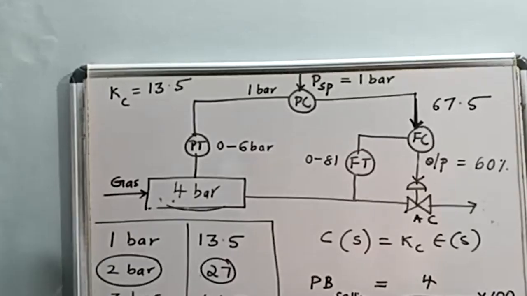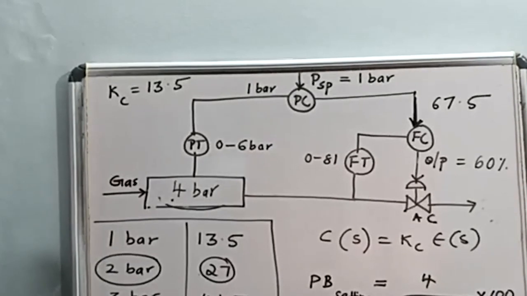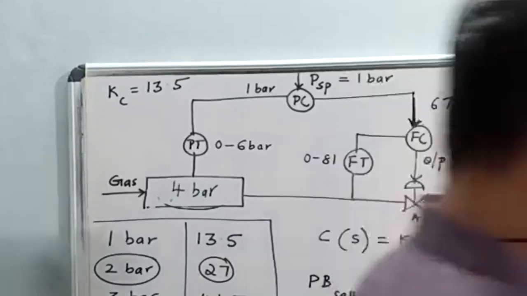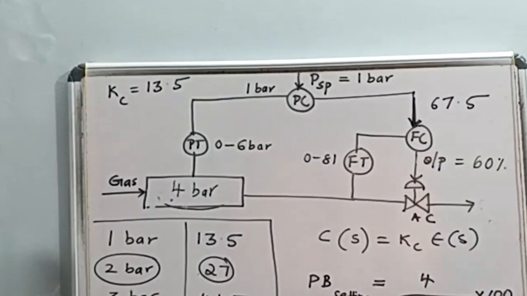So remember this equation. If you remember GATE 2019, I don't remember which year, 2019 or 20, there was a question directly based on this. Let me check that question. I don't think this is the question. No, not this. I can tell you the question number. If you have books, you can go through that. That is GATE 2019.